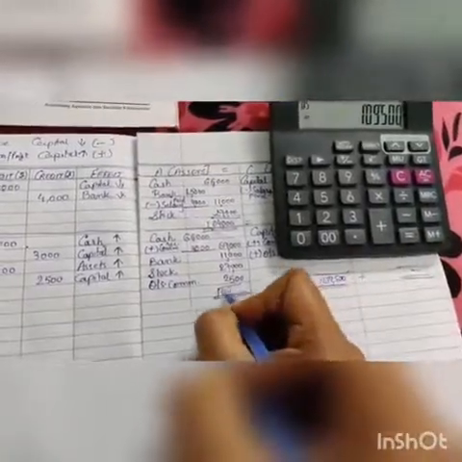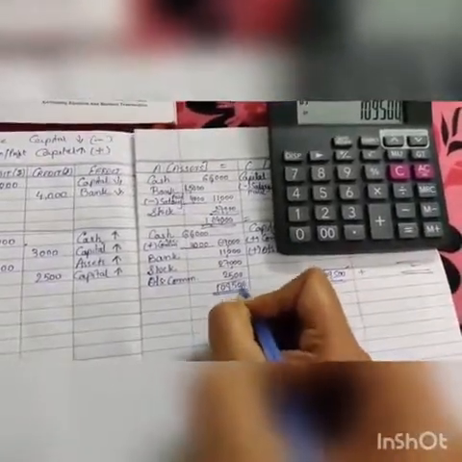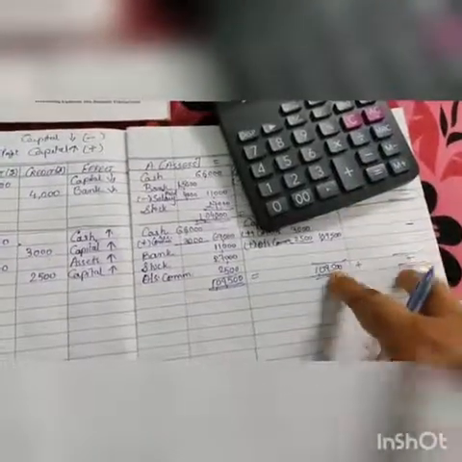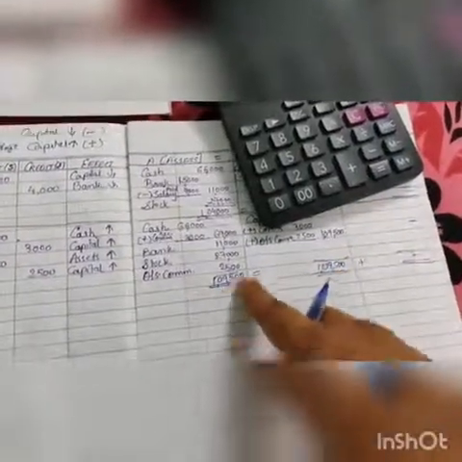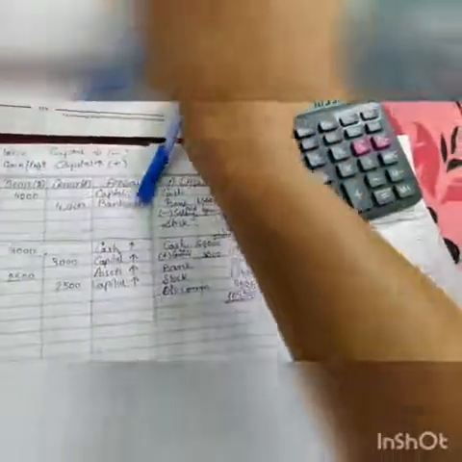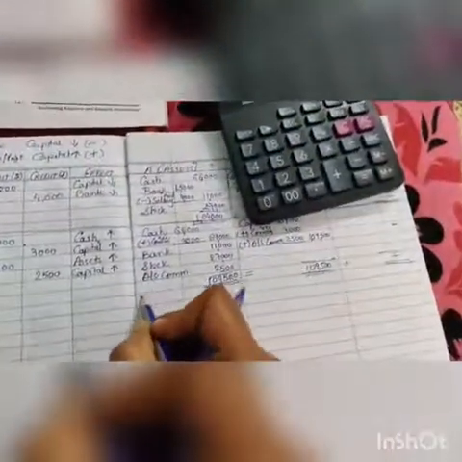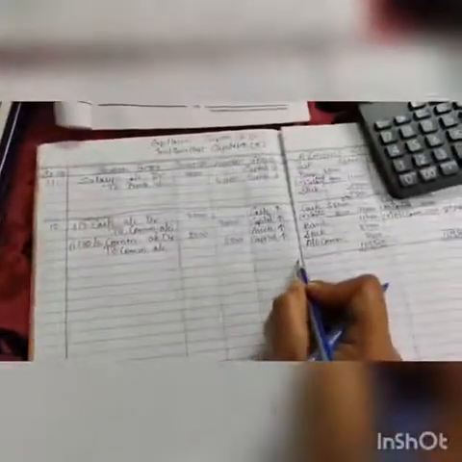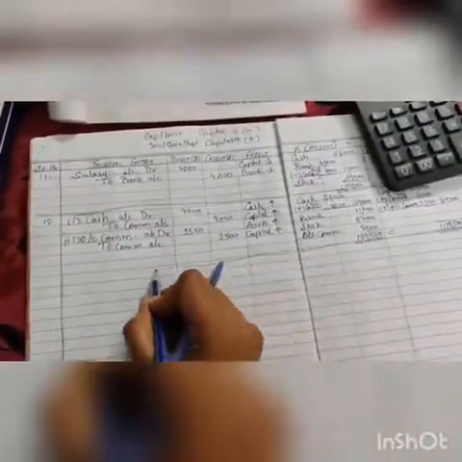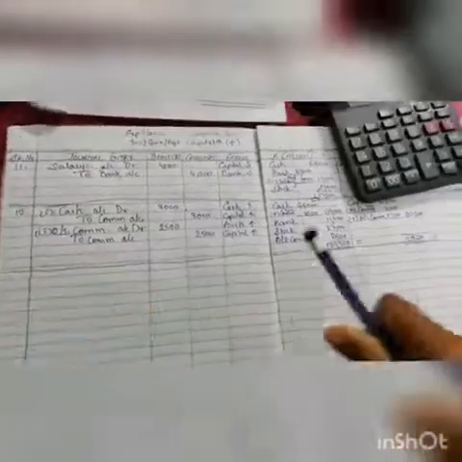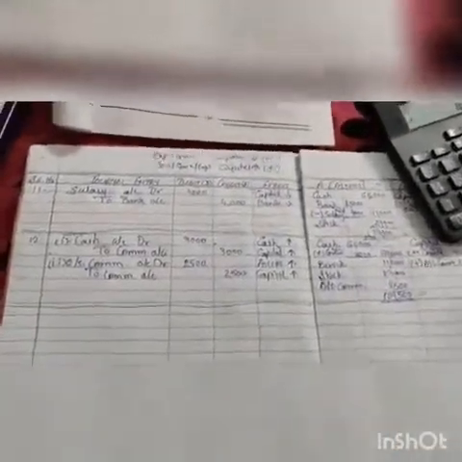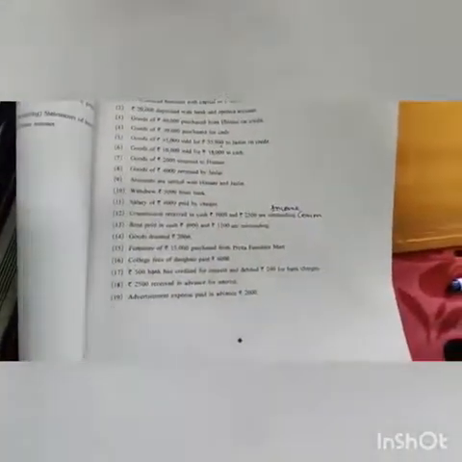So here you write down 1,09,500, that is equals to. So see, the addition of this two, again you are getting same 1,09,500, 1,09,500. So here this transaction is over. So in this particular entry we have given the effect for two types of transaction. One was received in cash income, and one was outstanding income, which you are going to receive in future. Now we will move on to next transaction, that is C, transaction number 13.